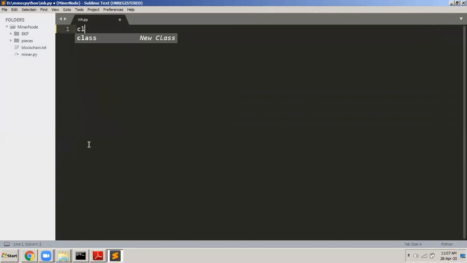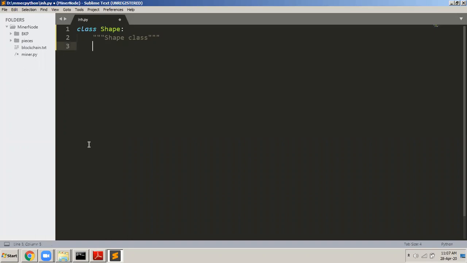First of all, you define a class called shape, and then write something here. Class, and let us say it has a function called area, then you can have some parameters here, even if there are no parameters.